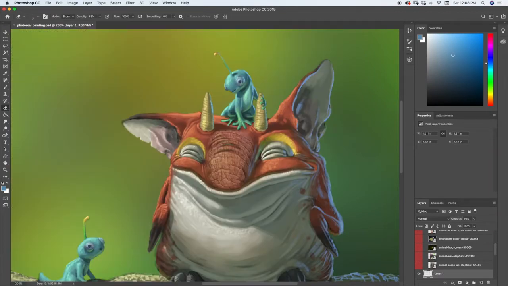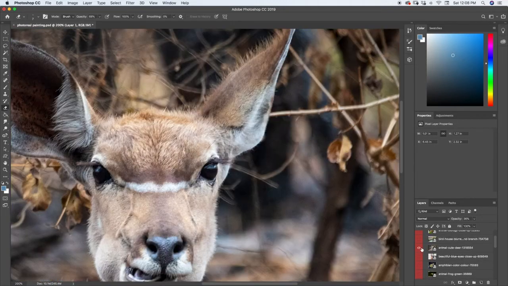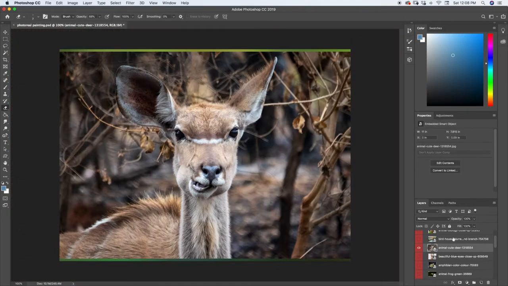Let's do his ear. I have an idea that I want to try at the ear. Let's see if it's gonna work or not. We're gonna use this deer image here. So I'm gonna come up here with my selection tool. I'm gonna just grab the inside of this guy's ear here. We are going to copy,